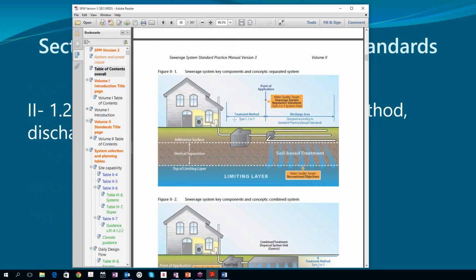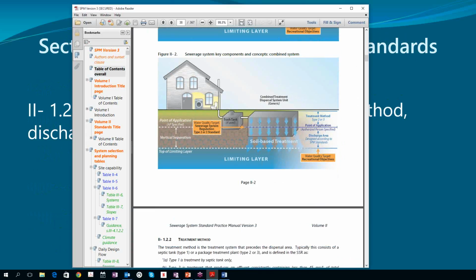Type 2 or 3 have specific parameters defined in the regulation, typically done by treatment plants or combined treatment and dispersal systems. So once again, for a CTDS, the point of application is a defined elevation in the soil, typically underneath a foot of sand that the manufacturers require. Whether it's a foot or 6 inches or none, that's their business, right? It's where they are claiming to meet type 2 or 3, and above that line is their problem. I should say that more carefully. At least we're relying on their recommendations for sizing and configuring the portion above that.